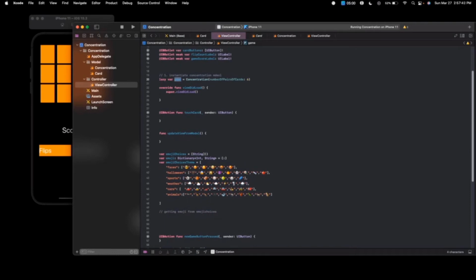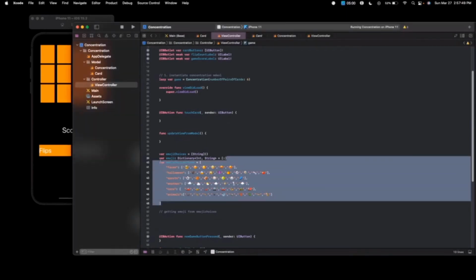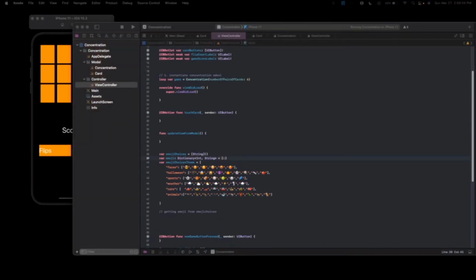Okay, and now what you want to do is set up your view. I already have this set up, right? I have the emojis, and this is just emoji choices. It's an empty array of strings. Emoji itself is a dictionary of type integer and string. I'll show you what a dictionary is right now. And a cool way of doing this is